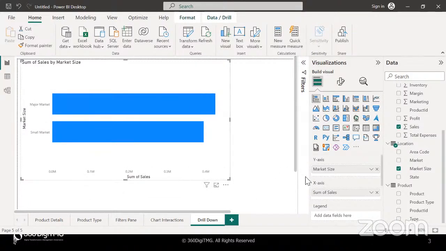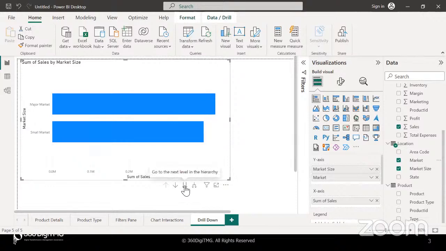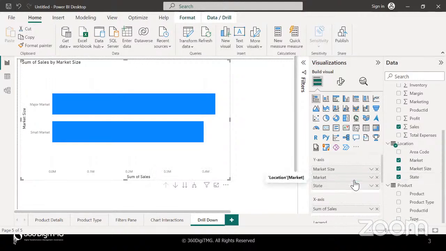So when I bring market and place it below market size over here, now you can see certain icons which have come up. This is to drill down. This is also to go to the next level, and this is also to go one level down in the hierarchy. Now, why do we have three options? One single arrow, two downward pointing arrows, and one like a hierarchy. Let's talk about it. But I will bring in state also. I want, let's say, 3 levels here. So when you use this option, go to the next level in the hierarchy,